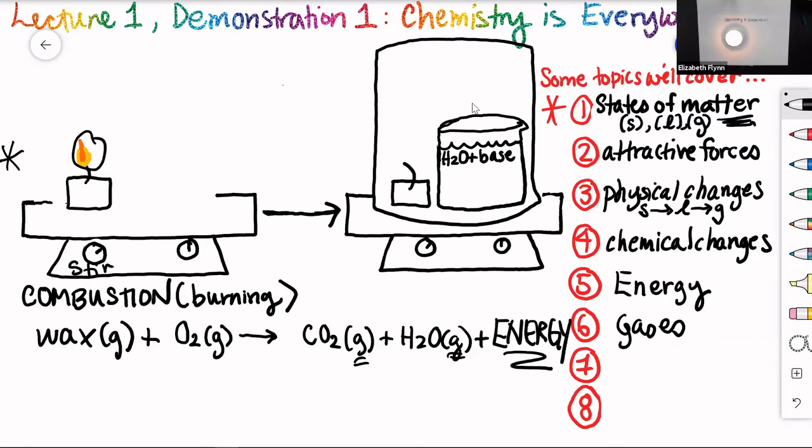And so now the question remains. Since we're scientists, we are chemists, we want to prove that actually, in fact, oxygen is required and that carbon dioxide is a product and water vapor is a product. We can definitely see the energy, right? We can see the flame and we can feel its heat. But right now, we can't tell that oxygen is required as a reactant or carbon dioxide and water vapor are products. So what we're going to do